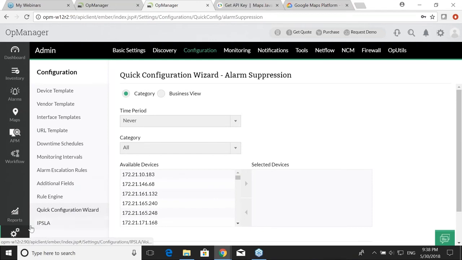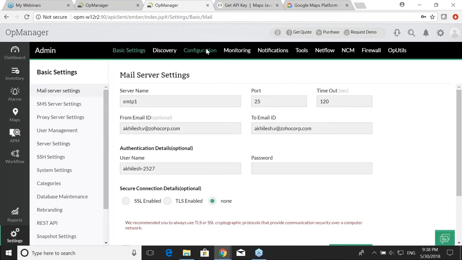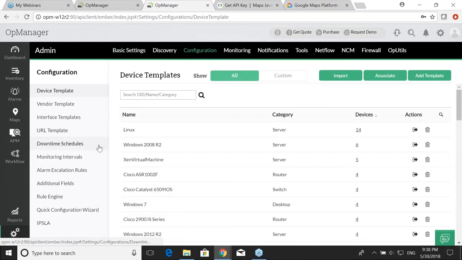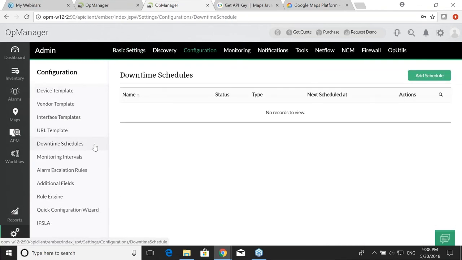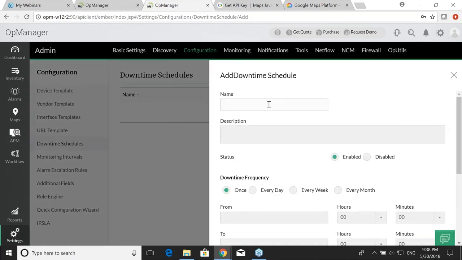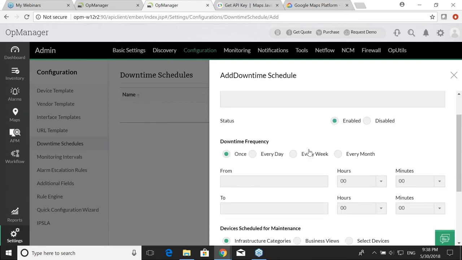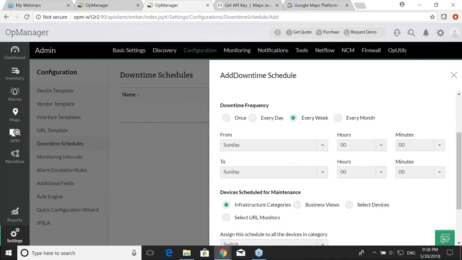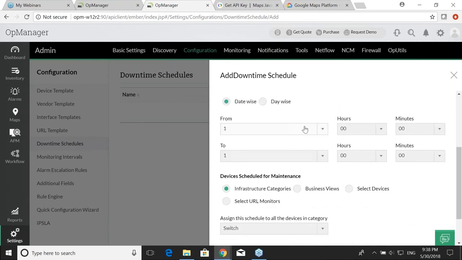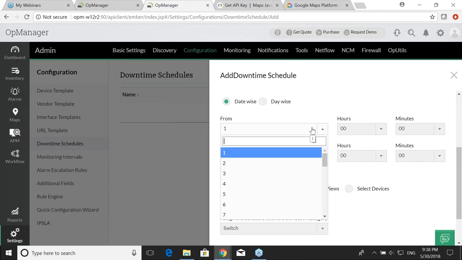So you go to settings, configuration, downtime schedules. So this is where you will add the servers and put them on a maintenance mode. Call this servers and enable this. Say I run a weekly maintenance or a monthly maintenance, and I want the devices to go to the maintenance mode